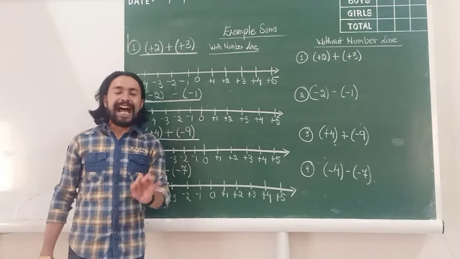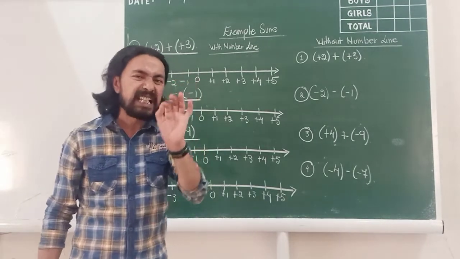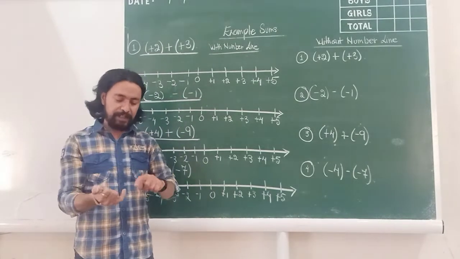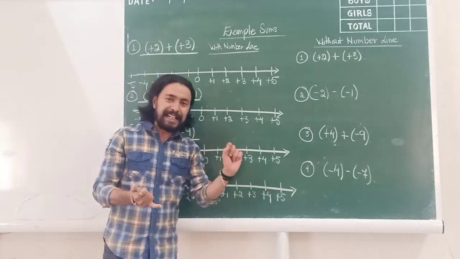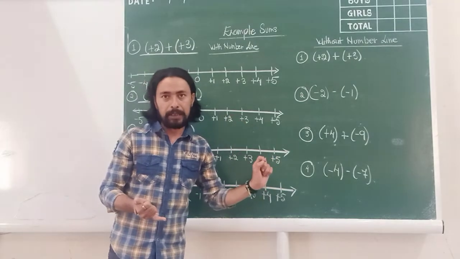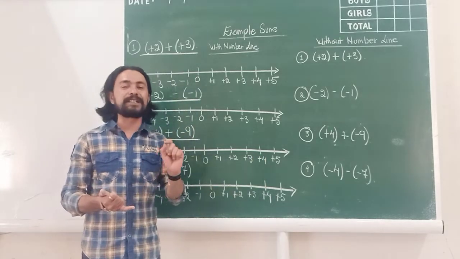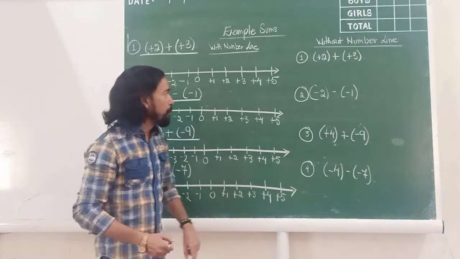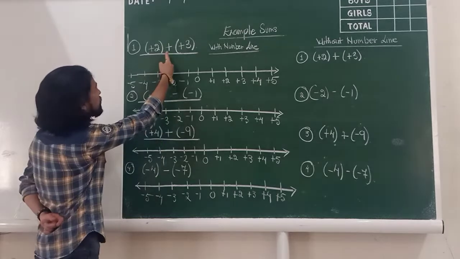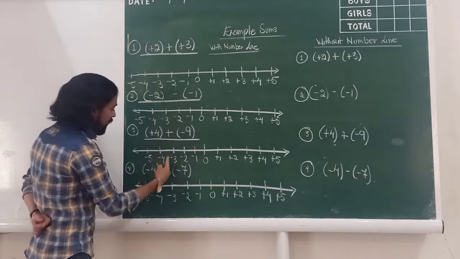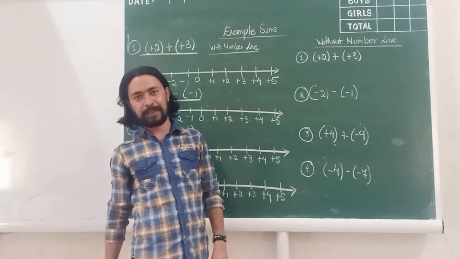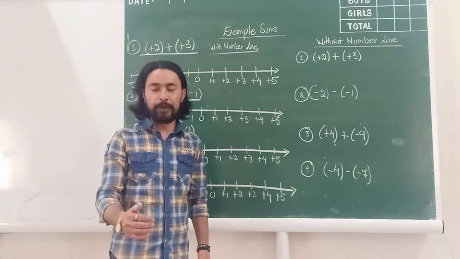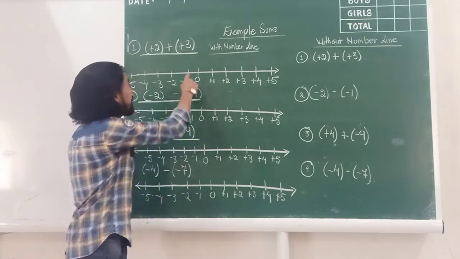Remember, children, that when I make a sign, a plus sign or a negative sign, there are two reasons for that. Number one, it is attached to a number. If I write plus 9, that means it is a positive 9. If I write minus 9, it means it is a negative 9. But if you look at these examples, these signs that are in the center of the numbers are not the signs attached to the number. I hope you understand what attached to the number means.